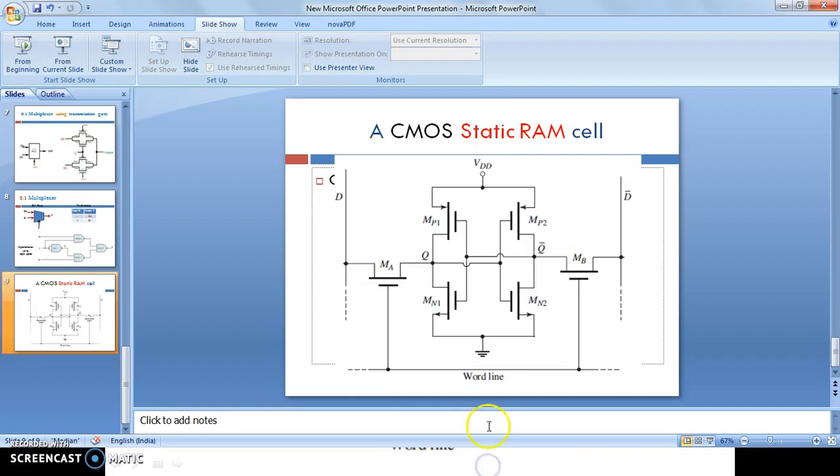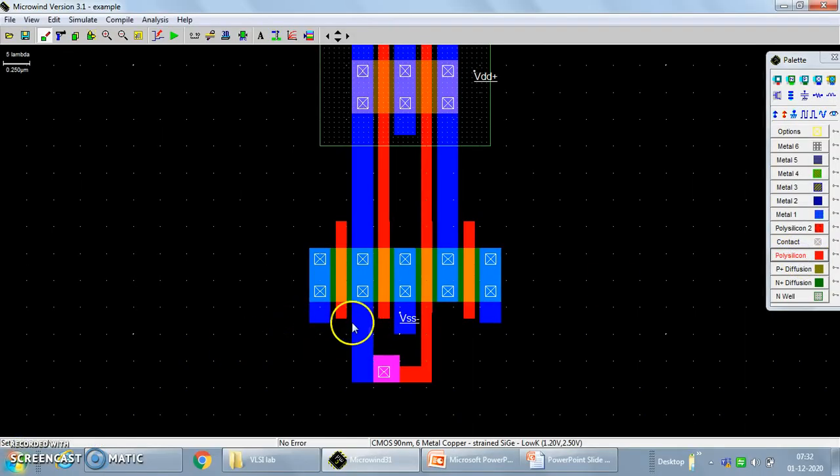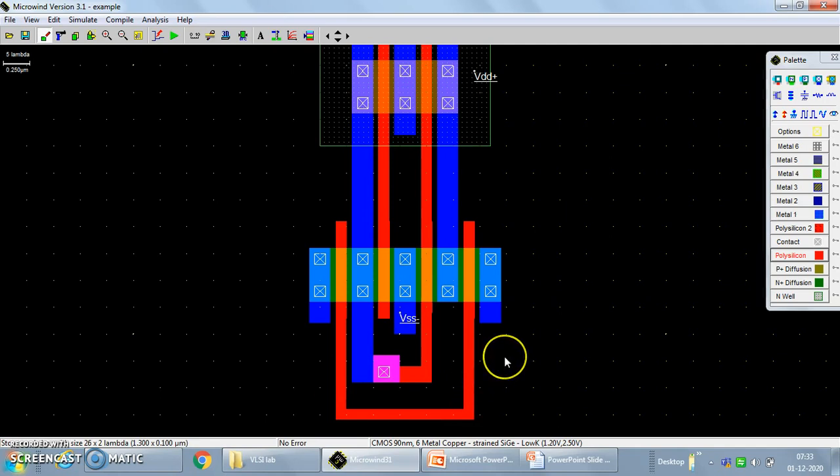Now what next? According to this diagram, the gates of these two are to be combined together. These are the two transmission gates, so we need to make the connections for those also. Let us interconnect these two polysilicon layers with sufficient distance and with the required width. So we'll stretch this layer also. Now we can join these two. As per the rules, the minimum required distance between the two polysilicon layers, two metal layers, should be maintained properly. Now the connections are done.